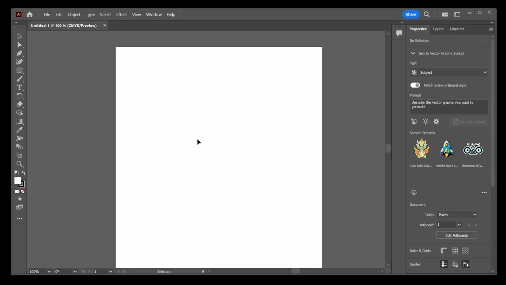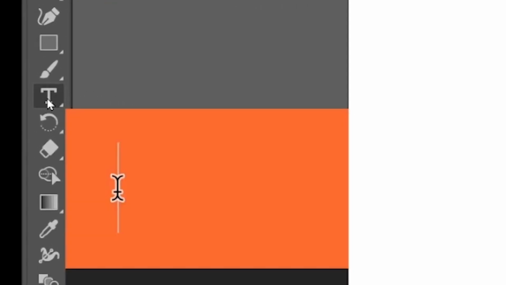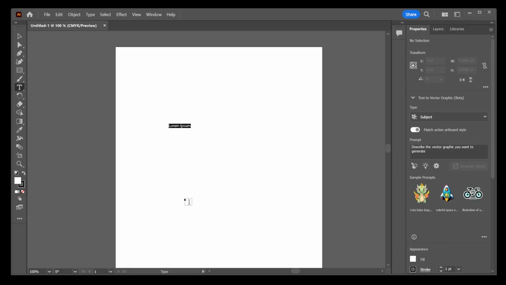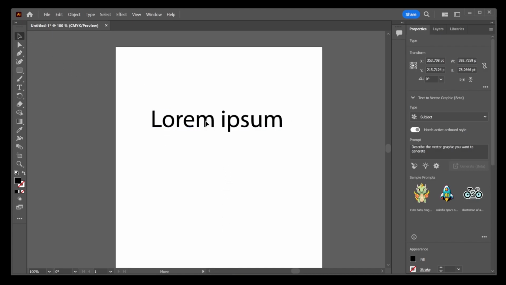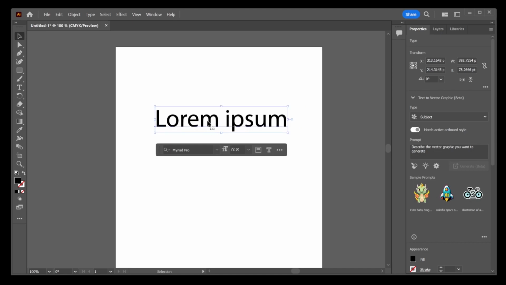Okay, first thing you want to do is just type some text. You can press the T on the keyboard or just go to this tool, press on the T button, and start typing. I'm going to choose a larger font for this tutorial example. Okay, now that you have your text, go to Object,